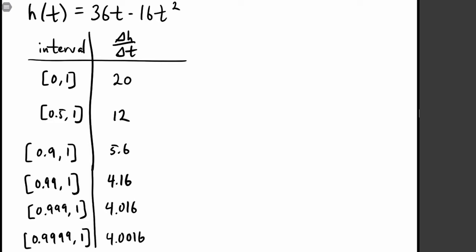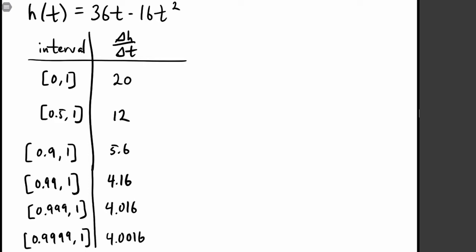And what we did was we took this interval where one of the ends was 1, and we kept making it shorter and shorter, right? Smaller and smaller. Here it was 1 second, then half a second, then a tenth, hundredth, thousandth, 10,000th, and so on. And what we're doing is shrinking the interval. Now, if we follow the trend of numbers here, we can try and make an intelligent guess as to what the actual